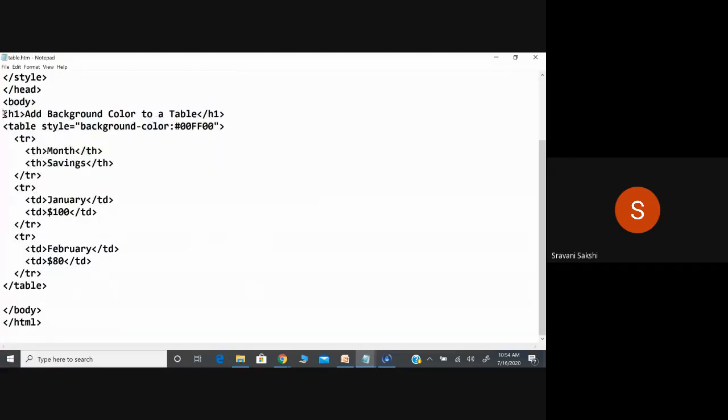Here, I want to highlight the heading, that is, add background color to a table. So I'm creating a table and I am also adding color to that particular table. What is the color I want to add? This is a color code in hexadecimal.